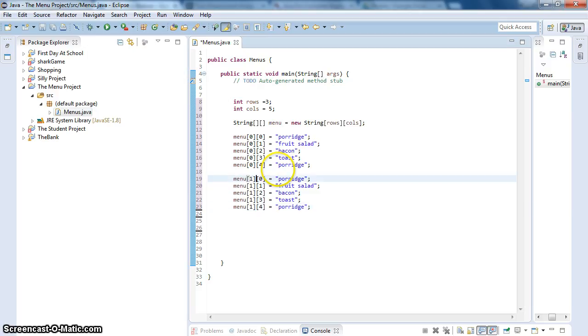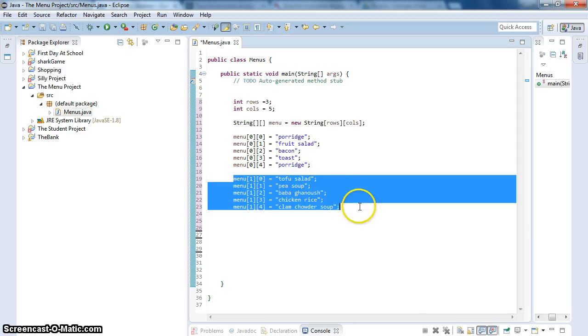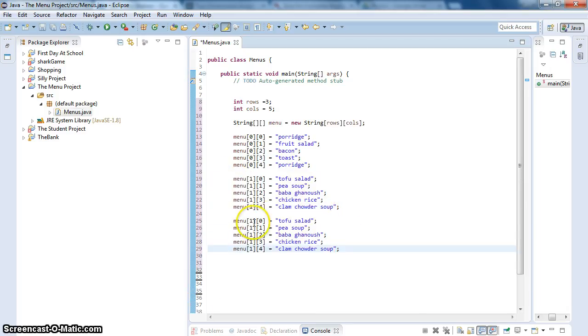Row 1 refers to lunch items, so we'll stick in some, what was for lunch? Tofu salad. I think it was pea soup. There may have been something like baba ganoush. Maybe that was for dinner, I can't remember. What else would be a nice lunch? We're definitely going to have some chicken rice. And we're probably going to have as well some clam chowder soup. Why not? Come on. Enjoy yourselves. And now we're going to move on to the final row,